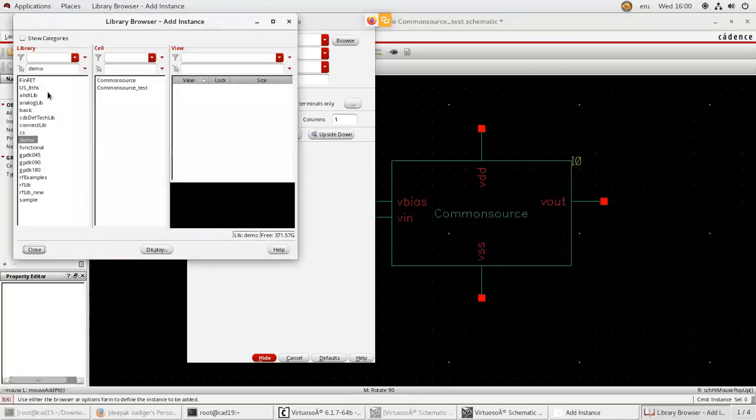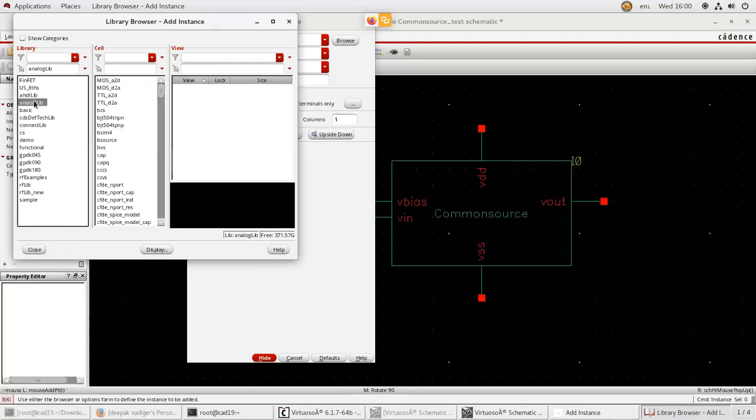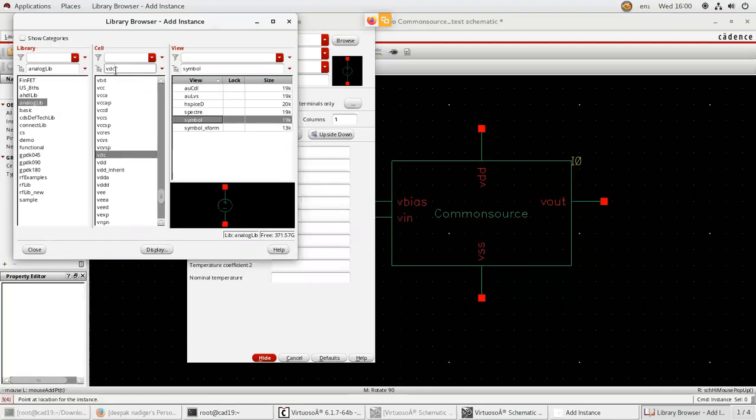So go to browse, go to analog lib. Short form of analog library is analog lib. So first what you need? You need VDC. That is a DC voltage.